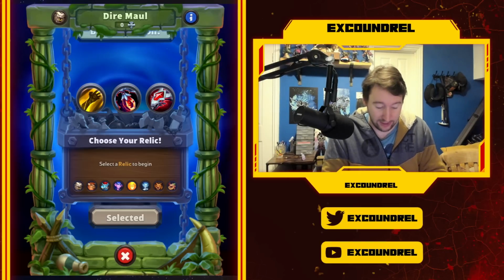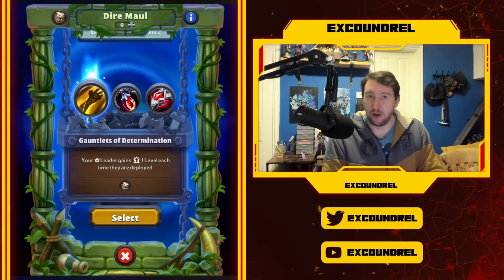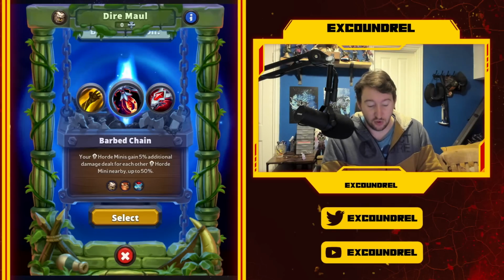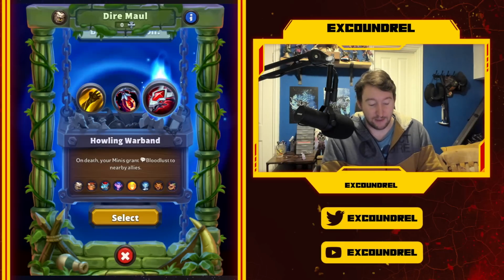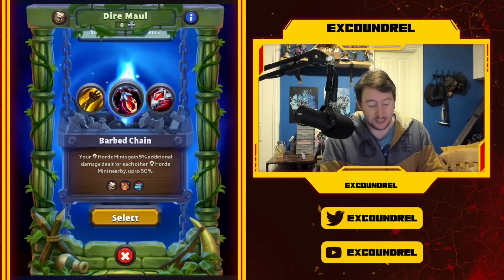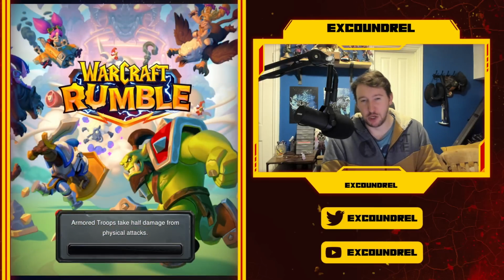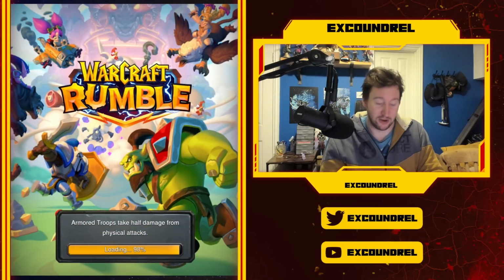Right. What relics do we have available here? Nope. So Gauntlets of Determination on a hero, or a leader that costs more than 5, never useful, usually. Your Horde minis gain additional 5% damage dealt for each other Horde mini, up to 50%. On death, your minis grant Bloodlust to nearby allies. So the only one that this is super useful for is Troll. So I think the Howling Warband's probably just best overall here. It's the most generic, likely to give us the best impact. God knows a lot of our stuff is going to die, so...